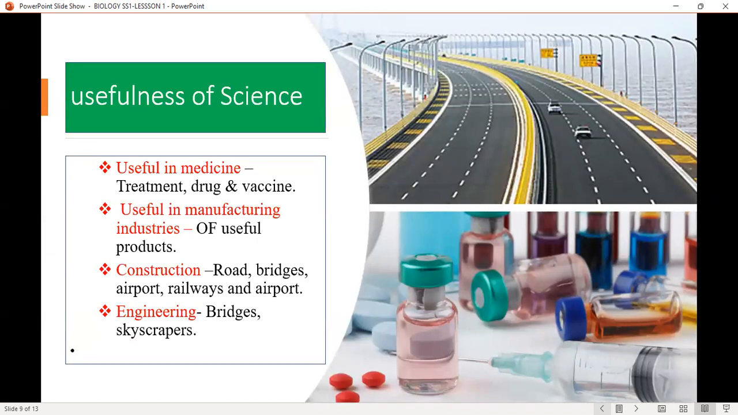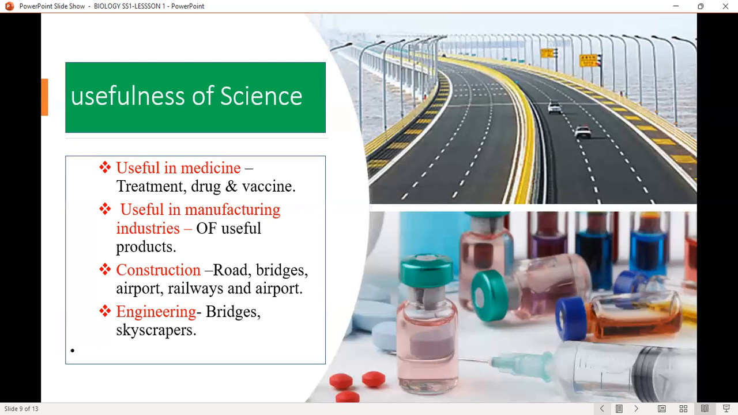Usefulness of science. In other words, the importance of science. Science is useful in medicine, in the treatment of terrible diseases. Drugs and vaccines have been produced through the knowledge of science. Manufacturing industries have produced useful products through the application of science. Constructions, roads, bridges, airports, railways,